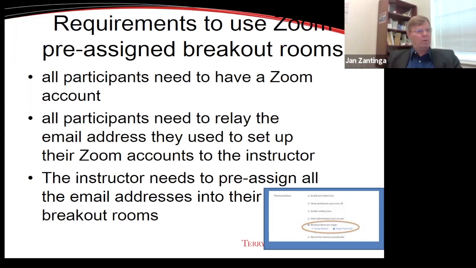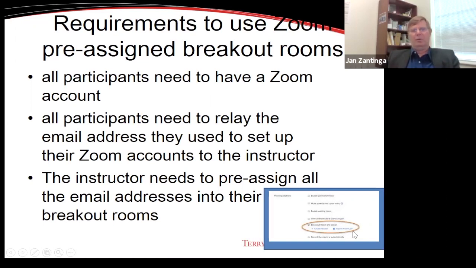So it is only once I had received all of these Zoom accounts and Zoom account email addresses specifically that I then could go to the next step to pre-assign all of these email addresses into my breakout rooms in Zoom. So the next step then is I have to go to Zoom, and there's a functionality that you see at the bottom part here where you have to say, create these pre-assigned rooms. You can do this through a CSV file.